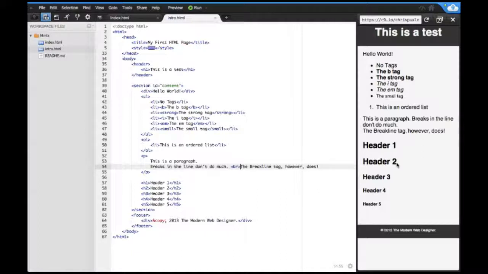Header 1's usually pretty big. But under the default CSS for this preview, it has it set up so header 1 and header 2 are the same. Header 3, 4, and 5 are smaller. And now I think you can go down to header 6. I don't think I've used a header 6 in my life. You typically are only going to use maybe 1, 2, and 3, sometimes 4. Anything other than that, you're usually going to use a span or something like that just to bold your text